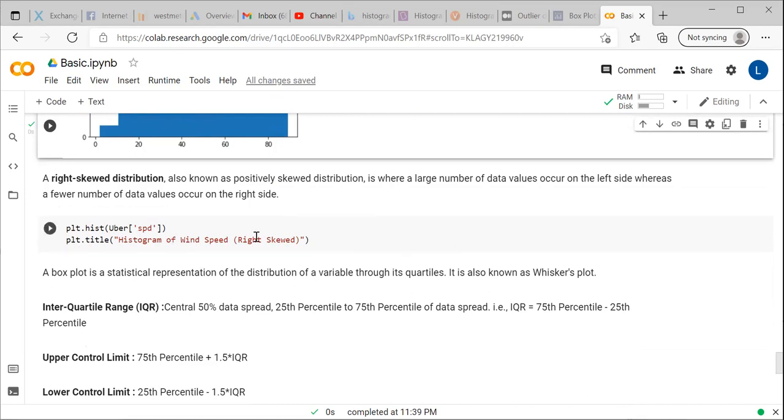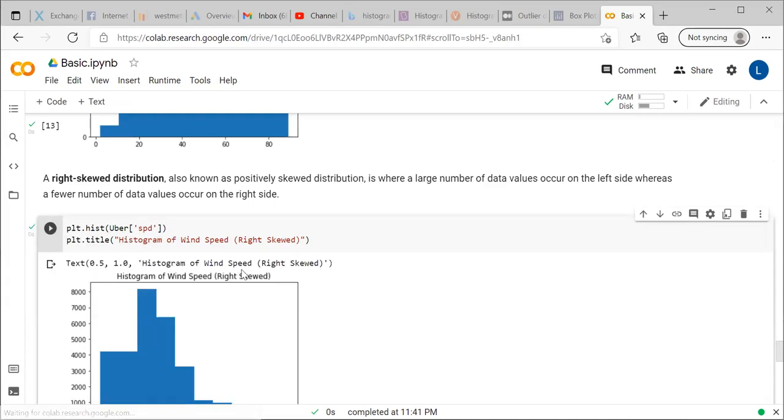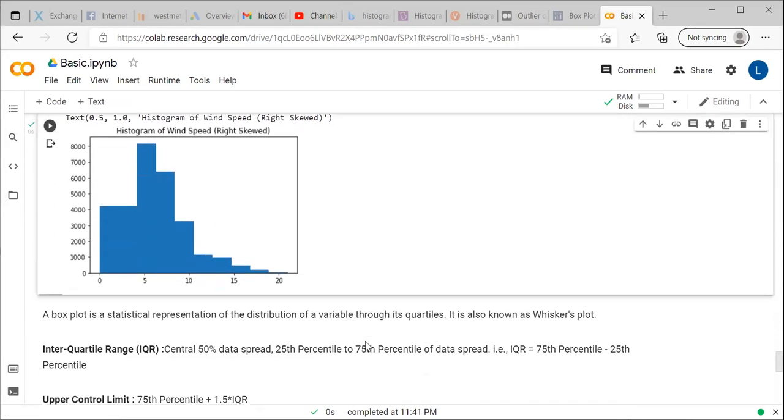Here I have changed the title, but the code plt.hist and plt.title remains the same. Only the data within the parentheses is changing. Once you execute, you can see most of the data values belong to the left.